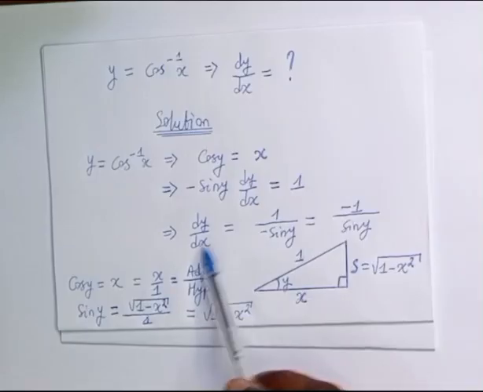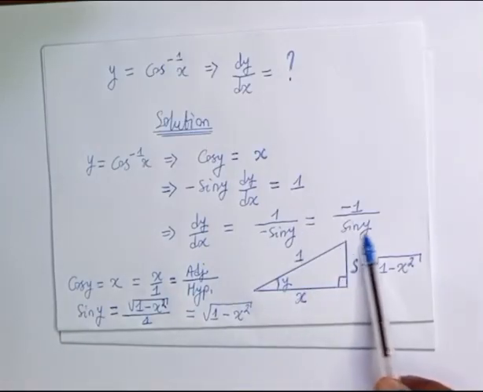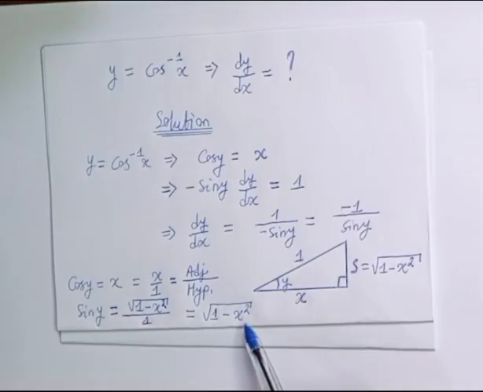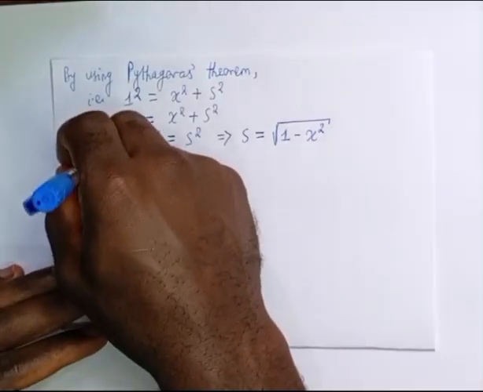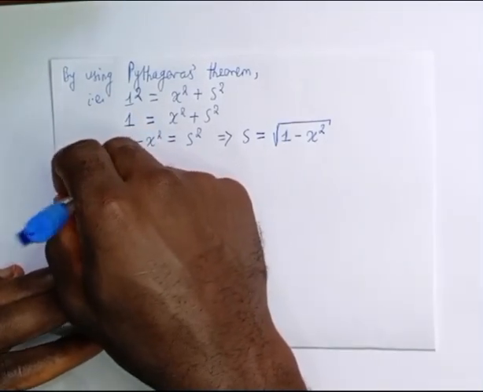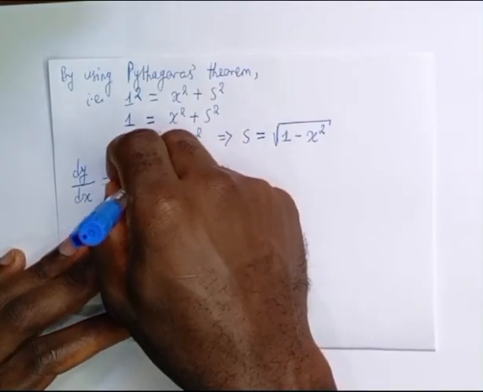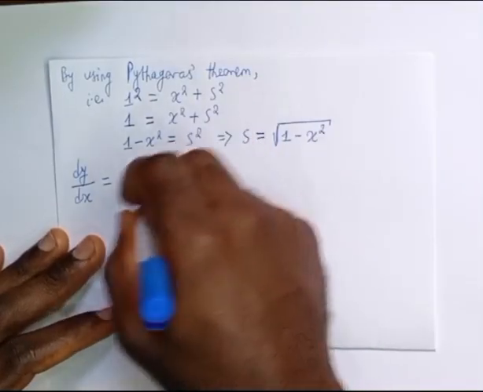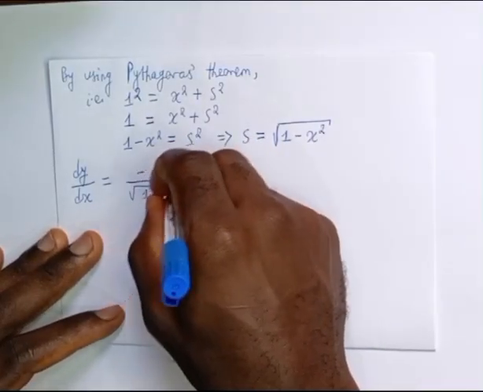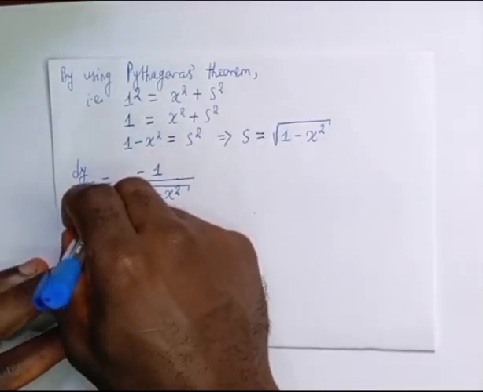Our dy on dx will simply be equal to, we are going to replace sine y at the denominator with the square root of 1 minus x squared. This will give us dy over dx to be equal to negative 1 all over the square root of 1 minus x squared. Then we conclude, therefore,